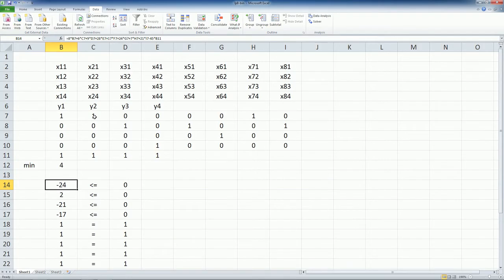So B7, C7, D7, E7, F, G, H up to I7 represent the values whether this item is going to the first bin or not. So in the feasible solution I have given, this item is going to the first bin, this item is going to the first bin, this item is going to the first bin. So the sum of these 3 lengths we need to check. The 3 lengths are 8 for this one, 6 for this one from C7, and H7 is 7. So 8 plus 6, 14 plus 7 is 21, which is less than 45. So you have a minus 24 here,